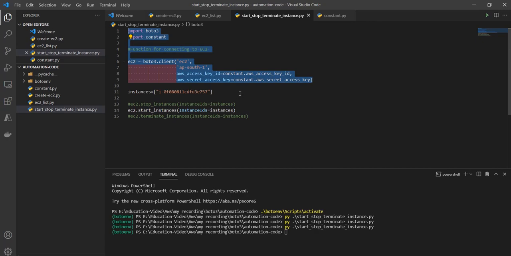If you have seen our previous video, in that I have mentioned how to create a client object using Boto3. The next step is you need to create a variable, and this variable will be of list type. So you need to create a list of instances which you want to stop, start or terminate. I just pasted the instance ID.